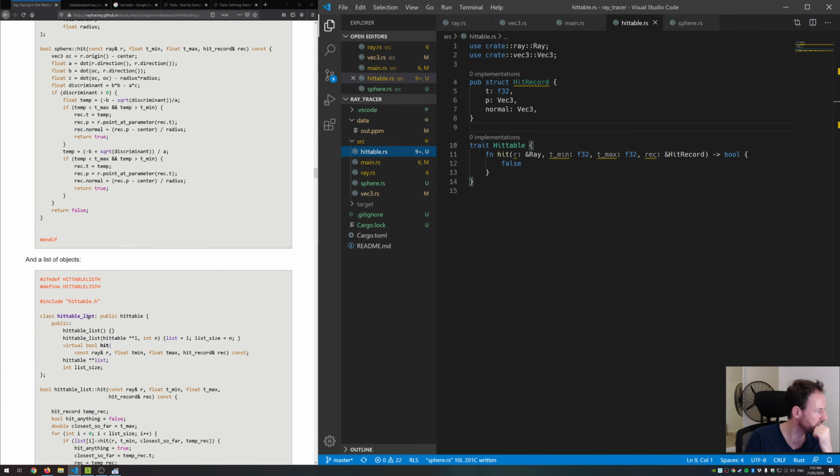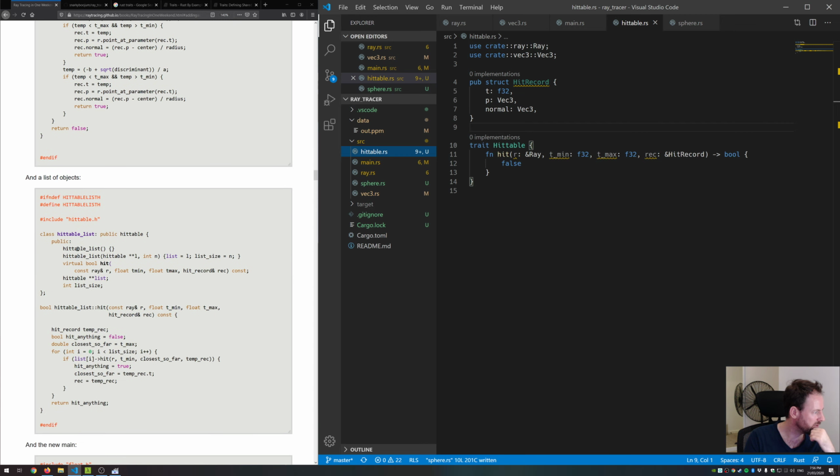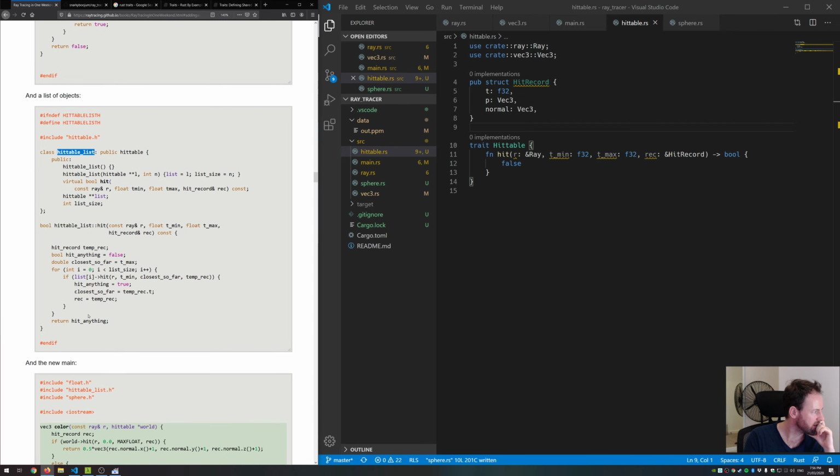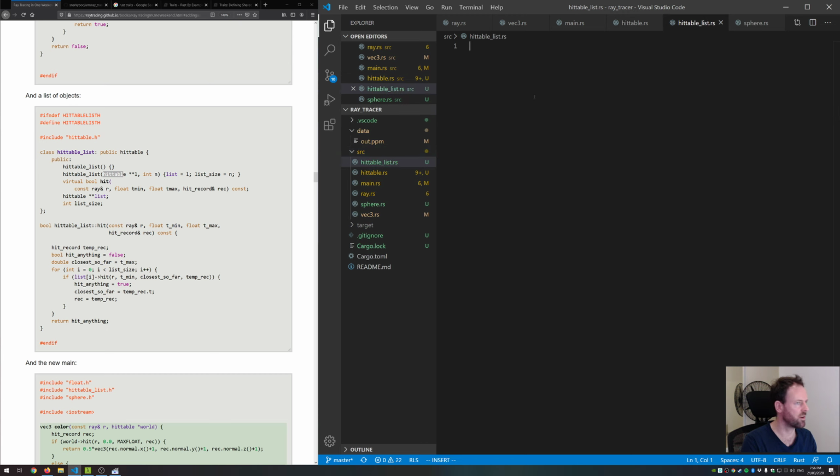And then, oh, what's this? A hittable list. So a hittable list looks like it's a pointer to an array of hittable. Okay. So it's like a vector. So okay, we need one more module here called hittable list, I guess. And then here we've got a struct called hittable list. Oh, sorry. Hittable list, and then we implement hittable for it,